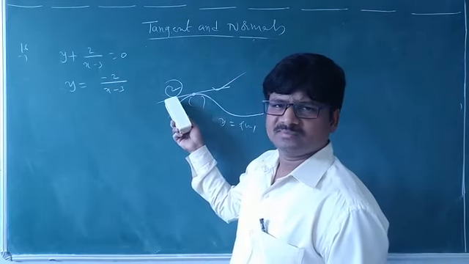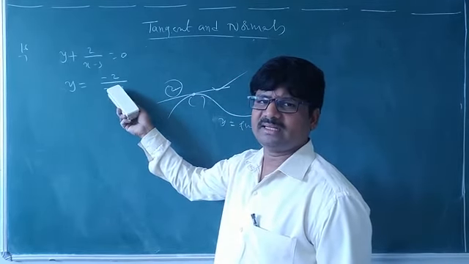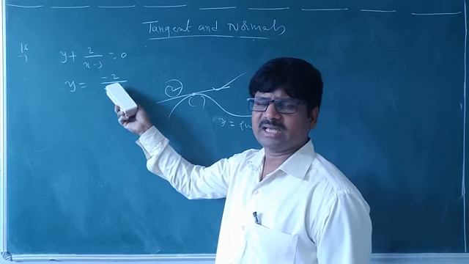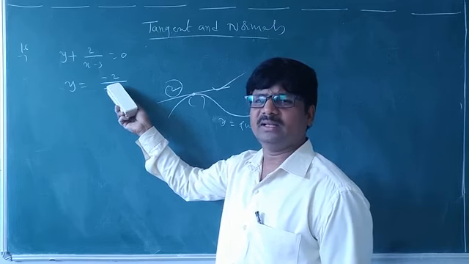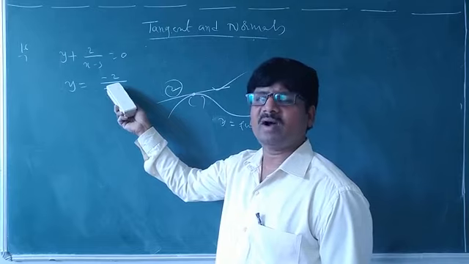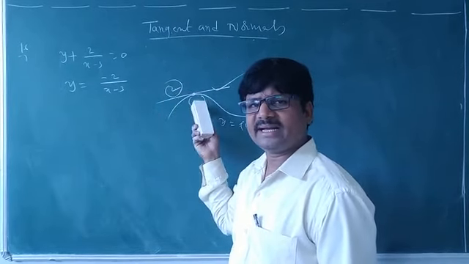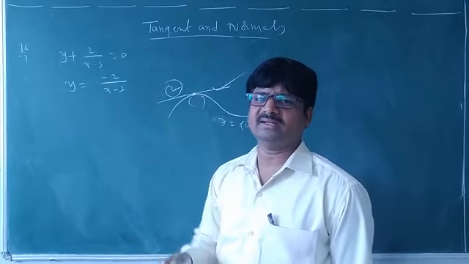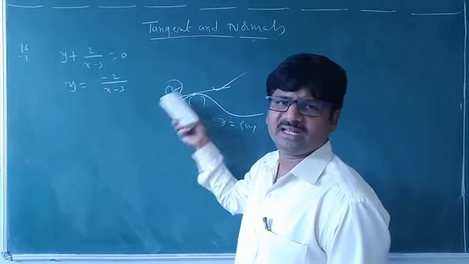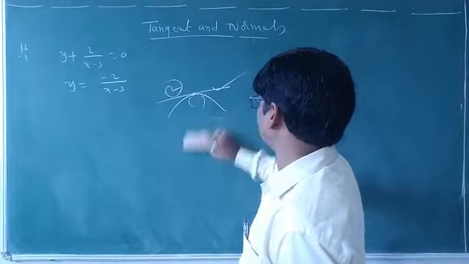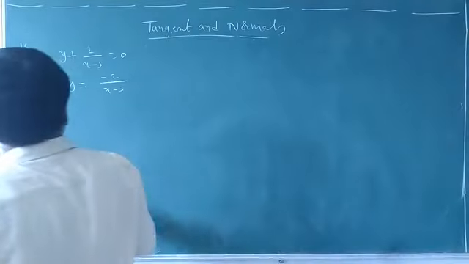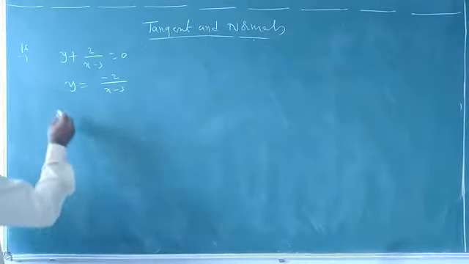Slope is already given. Find also the slope of that tangent from this curve. If you differentiate, that differentiation is nothing but the slope of the tangent. It is already the slope of the tangent, so equate them. From that you will get the x value and y value, so you will get a point. Whenever you have a point, can you find the equation of this line or not? Yes. So first we have to find the slope.